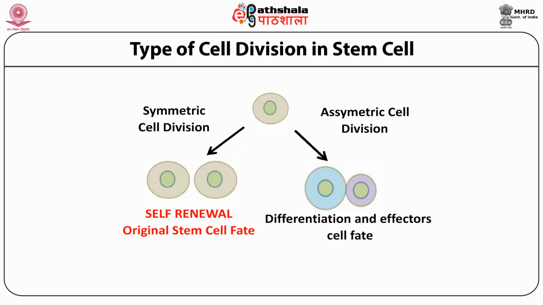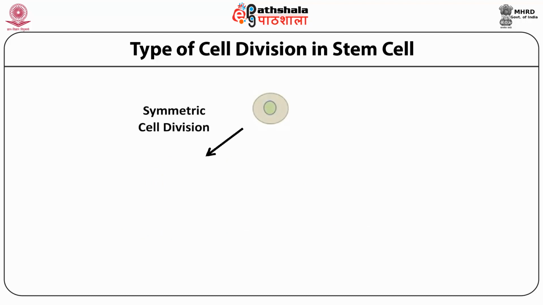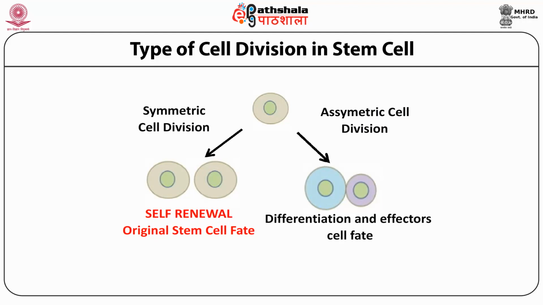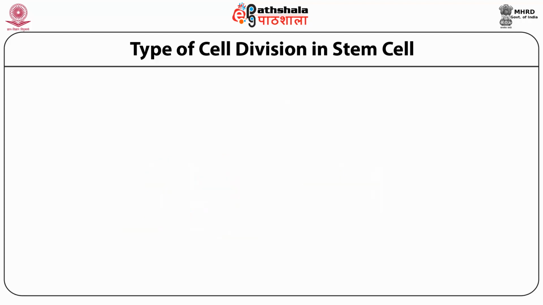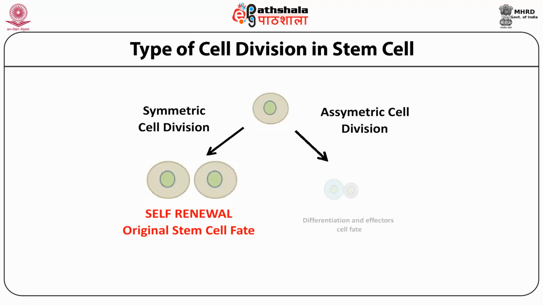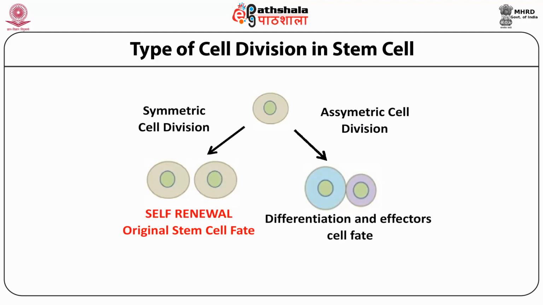The fate of a stem cell is actually determined by whether the division is symmetrical or asymmetric. In a symmetric cell division, it gives rise to two similar cells retaining their original stem cell property. However, when division is asymmetric, it results in two different cell populations, one retaining the original stem cell characteristic and the other becomes the effector cell, which then differentiates into various cell types. Thus, the type of division is very important to understand the process of differentiation fate.